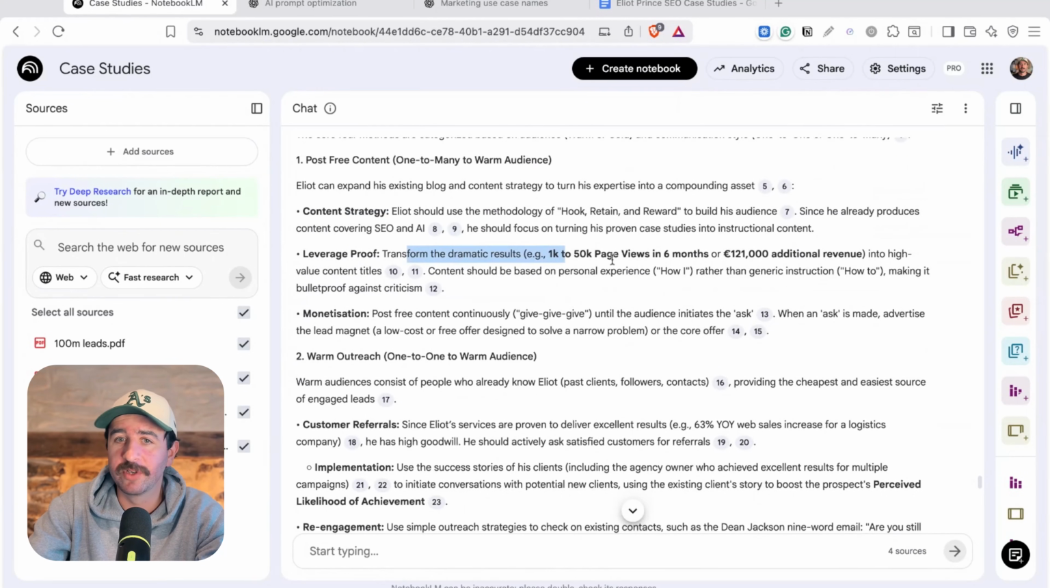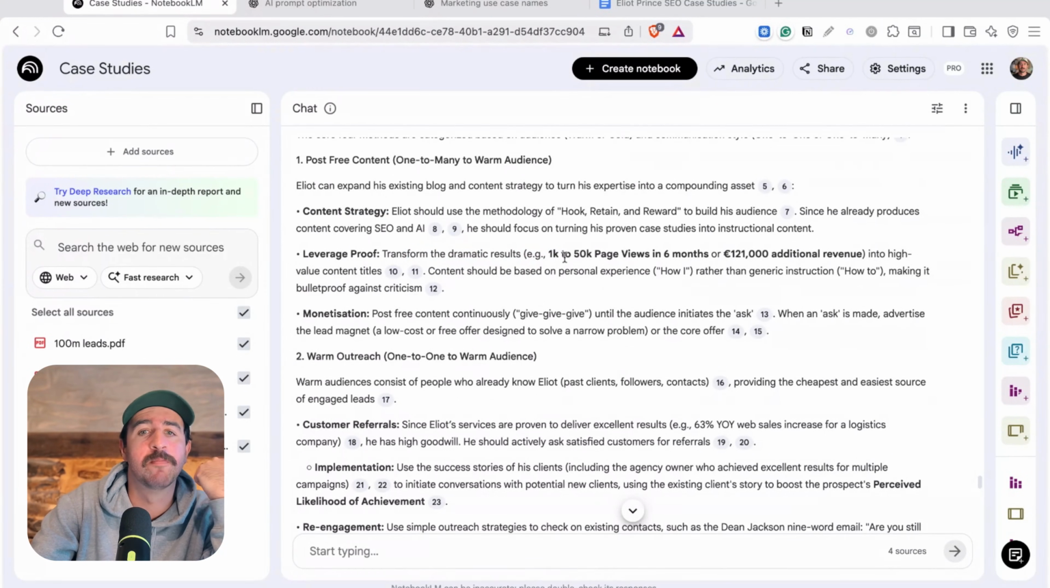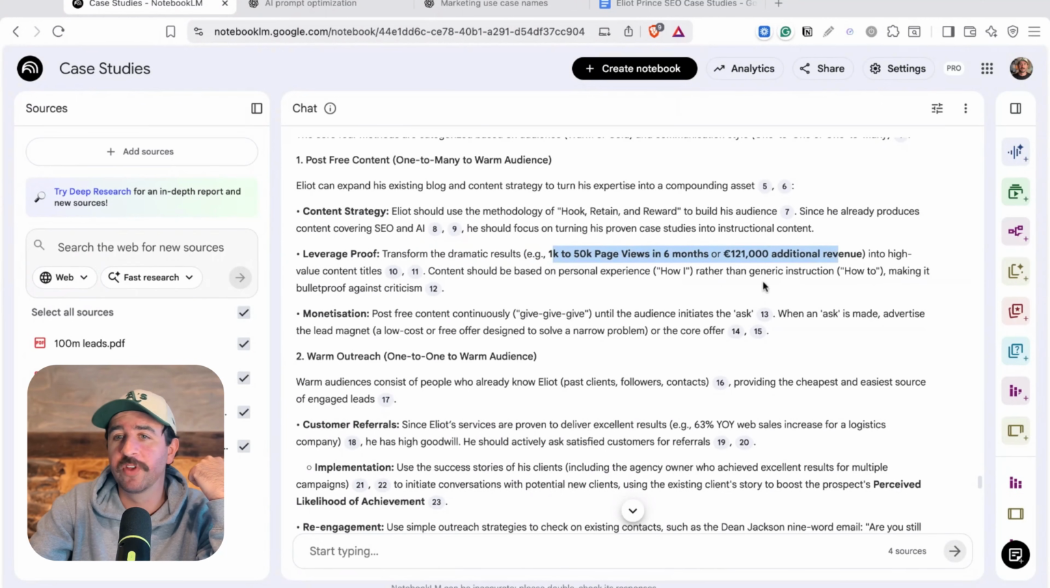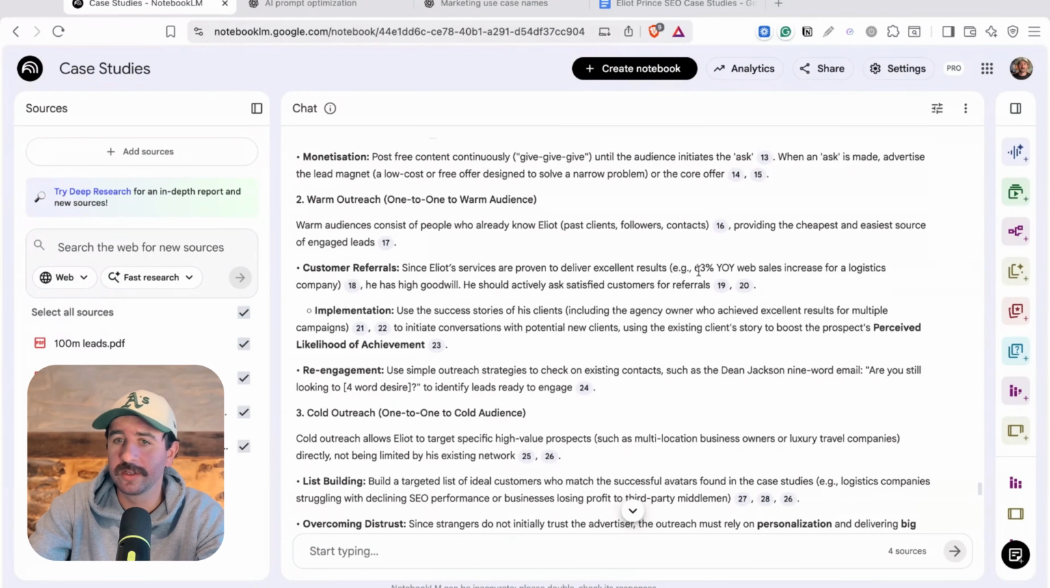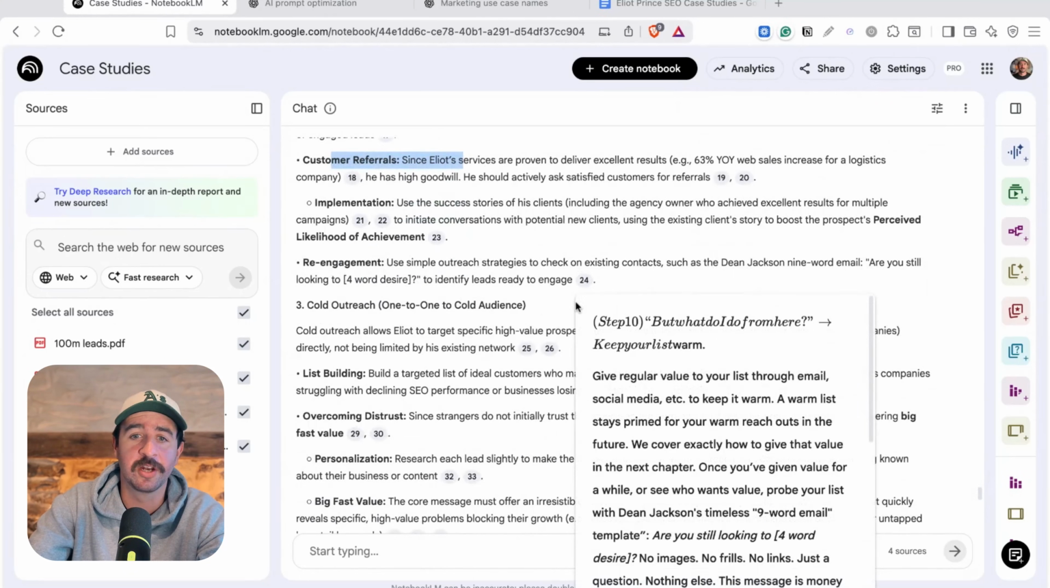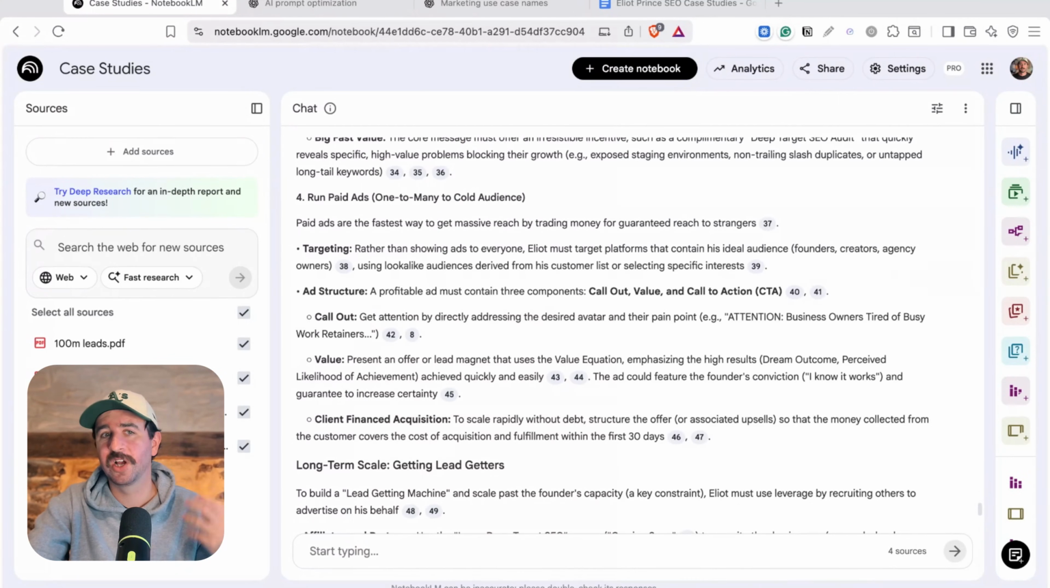But you can see here, leverage proof, and then it pulls out from my information some of the proof that I should be leveraging into high value content titles, bringing personal experience through what I'm doing. Plus, it goes and says, look, you've got this client who had a 63% increase in sales. You should be asking them, leveraging them for referrals, because they're clearly going to be happy with your work. So it's a great way to unlock ideas or pull things through from one area of your work into a